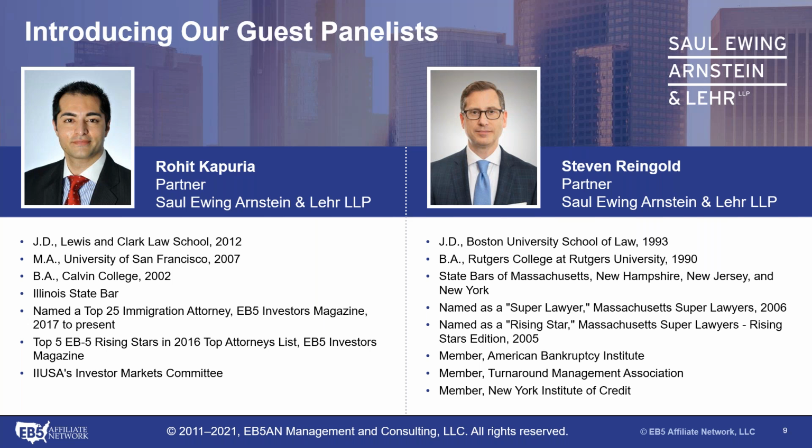Thanks, Sam. This is Rohit Kapuri. I'm one of the attorneys out of the Chicago office for our firm. We are a nationally recognized firm, about 400 plus lawyers, I believe 17 offices around the country. And with respect to EB5, we kind of run the gamut of representing large threshold of investors for various functions on I-526s, I-829s, for Mandamus petitions, which we'll be discussing today. But we also represent regional centers, borrowers, EB5 lenders, and banks. We kind of run and cover the gamut and gives us a good visual of the entire process. Very happy to be here.